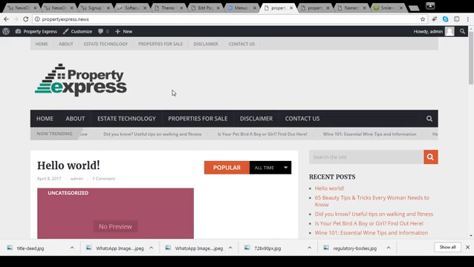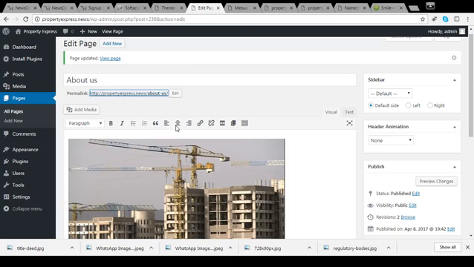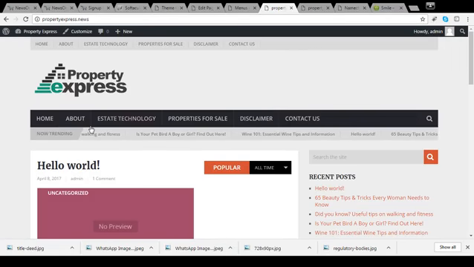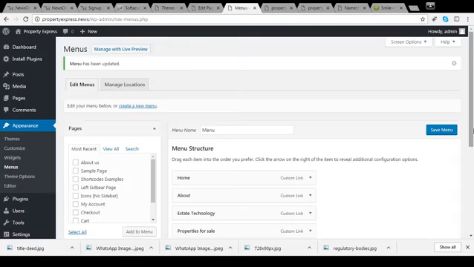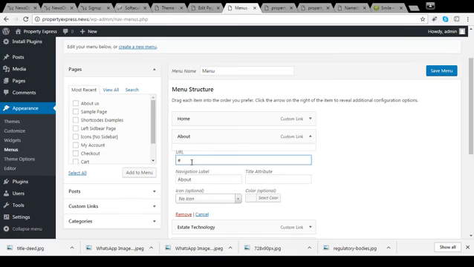The next thing is our about. Where is our about page? This is our about page. This is our about link, a permalink. We copy the link address. Presently, the about doesn't link anywhere because on the menu the about is not active. It's with a hashtag used to hold it, but we change it to the about link. You see, this is the about link, and once we do that and we save it,